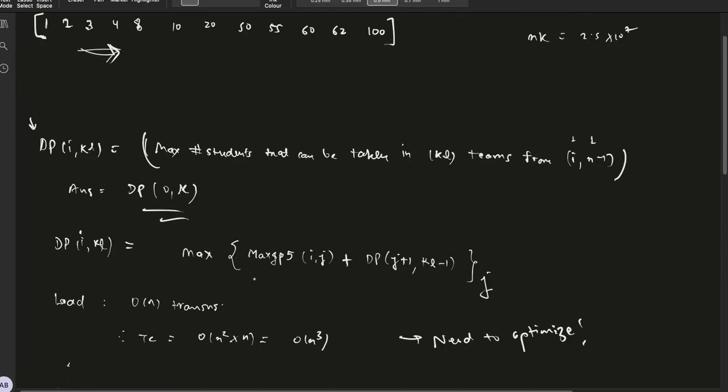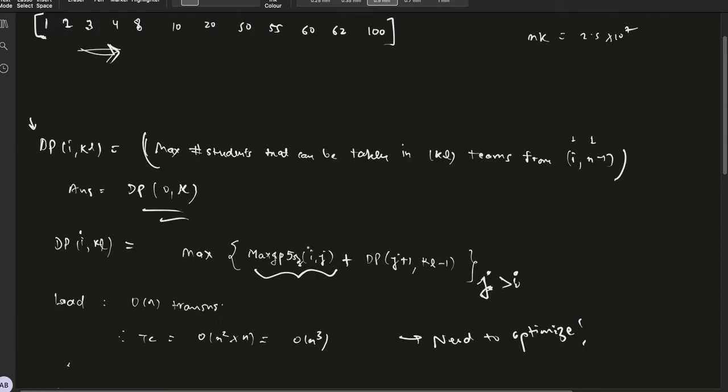The transition would be dp of i comma kl is the maximum, over all j, of the maximum group of size 5 from i to j plus dp of j plus 1 comma kl minus 1. What this is saying is basically, for every j greater than i, we'll check what is the maximum group of size 5, the maximum valid team,